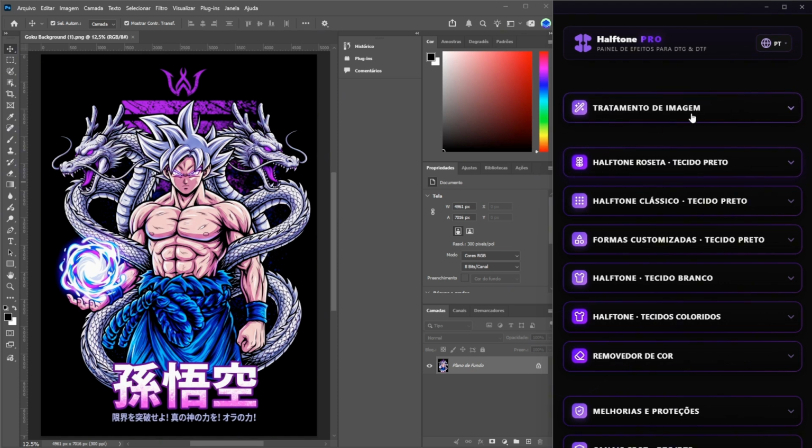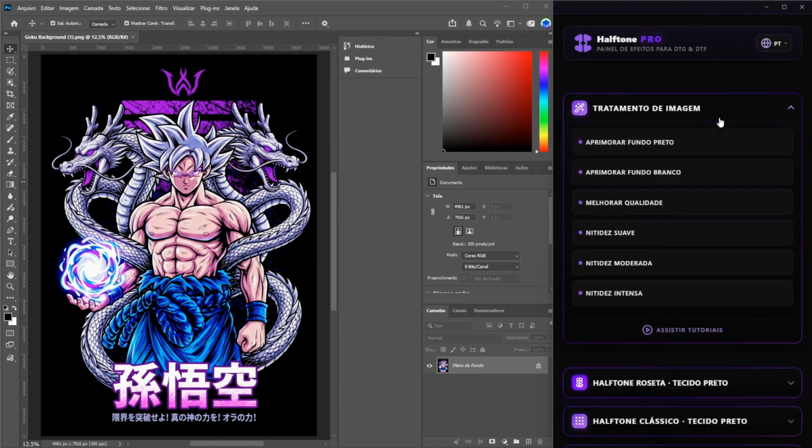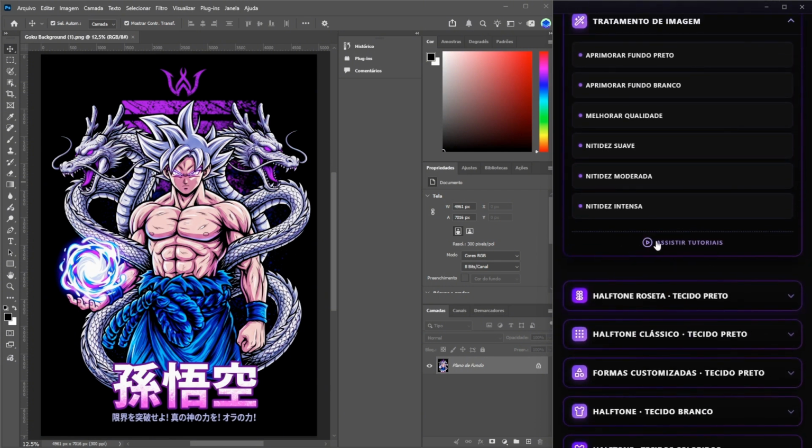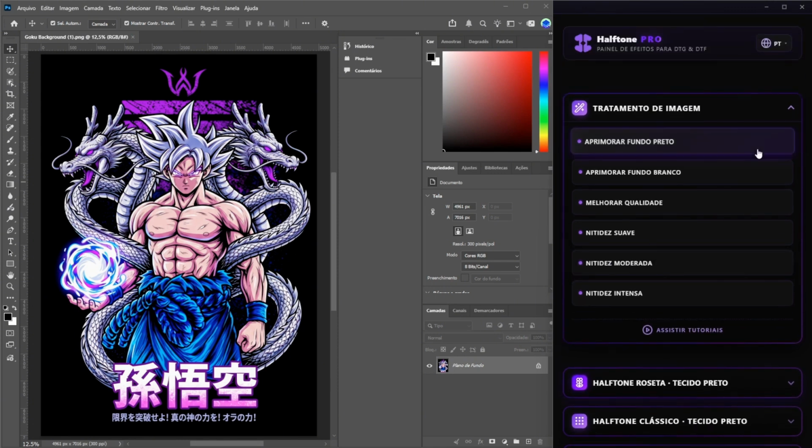Well, to start, we have the image processing section. Just a reminder, I won't go into deep details here. There are tutorials for every section available in the software. So all you have to do is click and it'll open the tutorial section for you, okay? This is mainly so you can really understand how the tool works and what features are available here in our